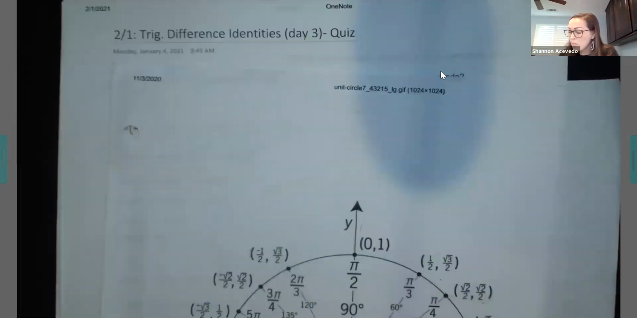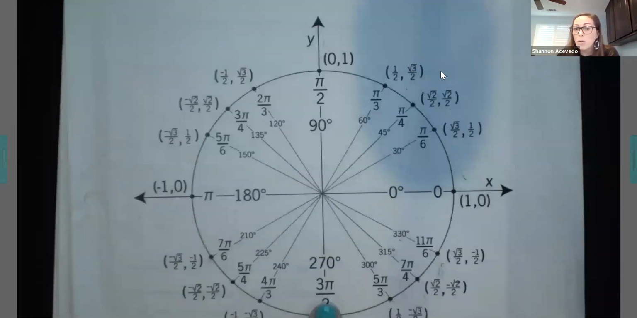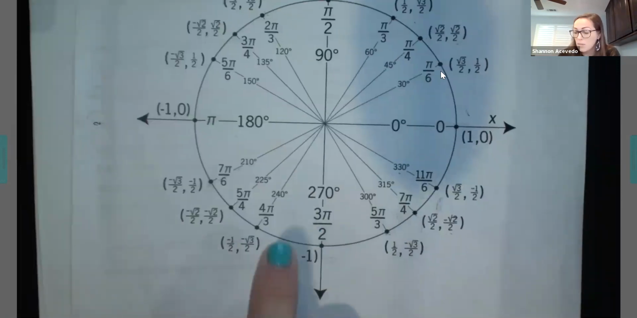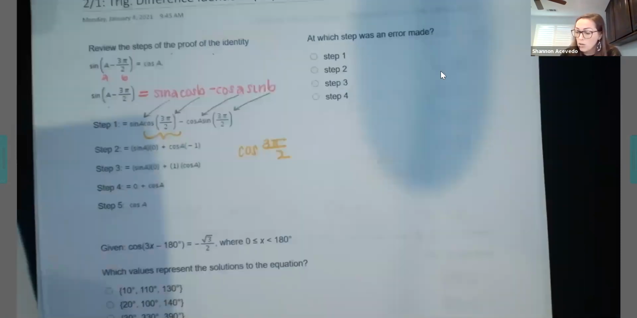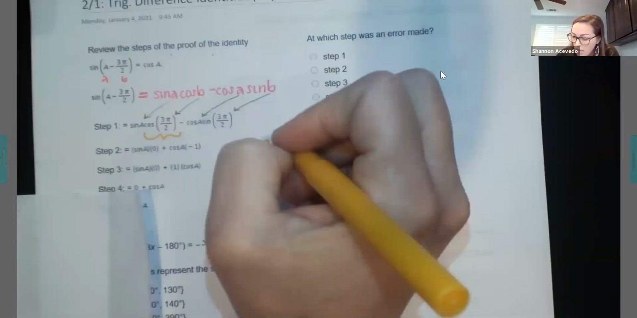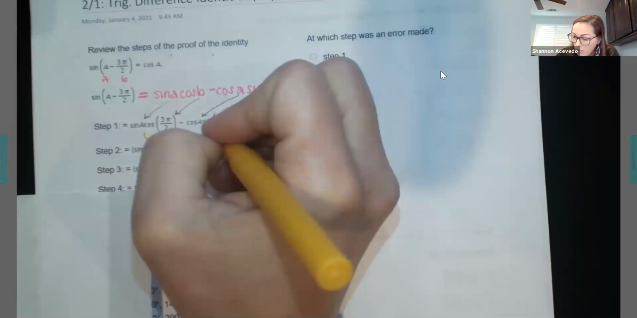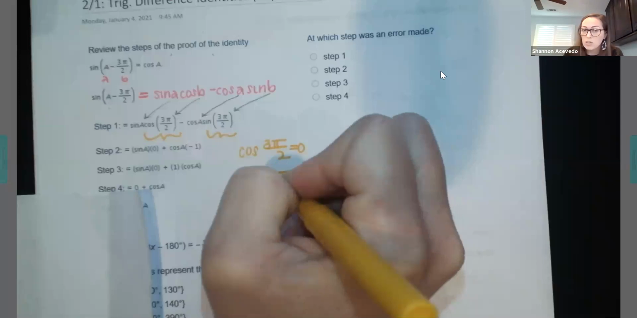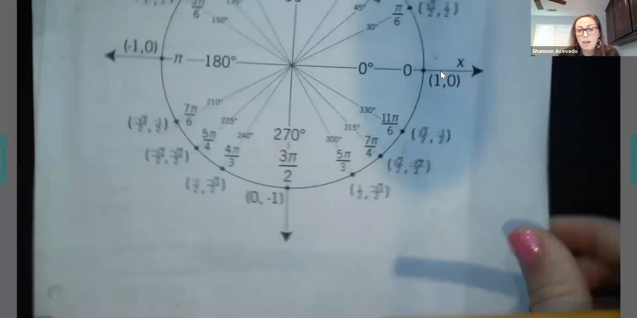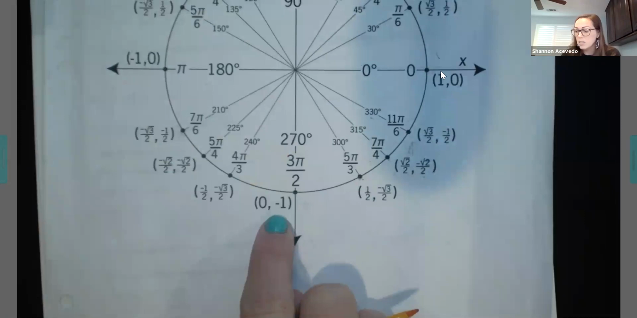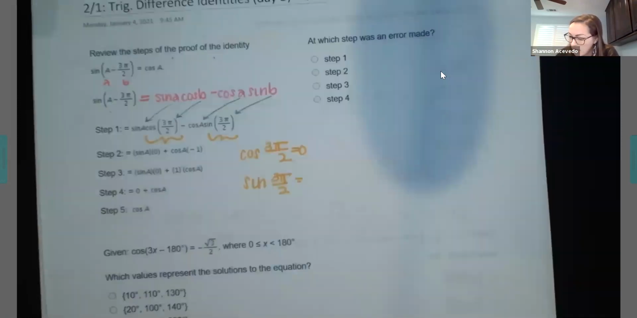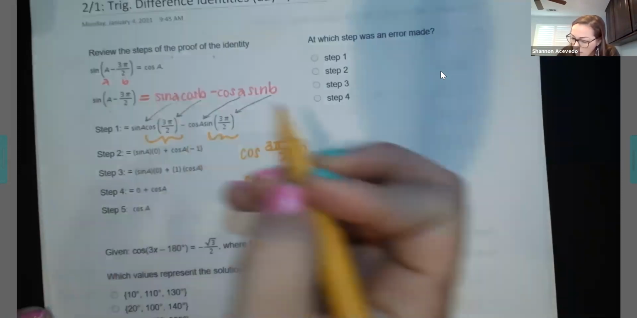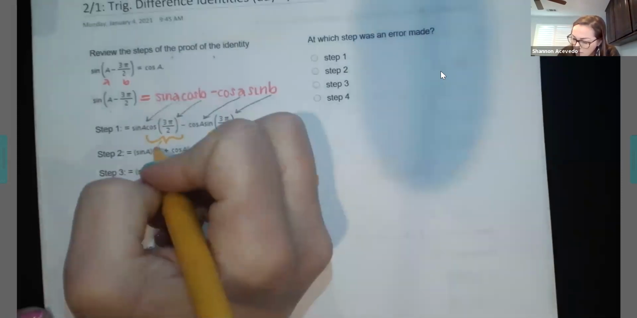So cosine of 3 pi over 2, remember cosine is the x value, 0. Cosine of 3 pi over 2 is 0. And I also want sine of 3 pi over 2. So sine of 3 pi over 2, I go to my unit circle. Sine is the y value. It's -1. So sine of 3 pi over 2 is -1. So I go over here and I go, okay, this matches,